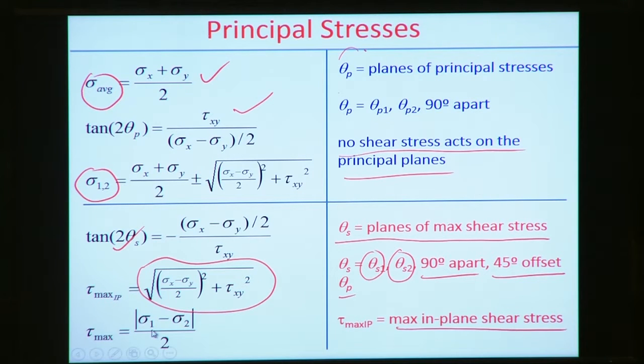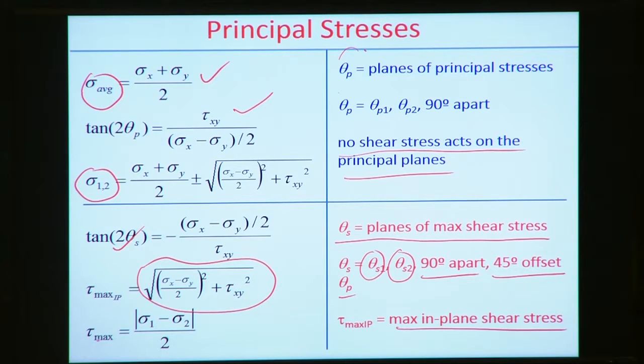and finally the maximum shear stress is basically the magnitude of the difference between the principal stresses, and 50% of that. So these are the principal stress values in case of a two-dimensional stress state, and with all this formulation we can find the amount of the principal stresses and their orientation with respect to the initially defined axis system.